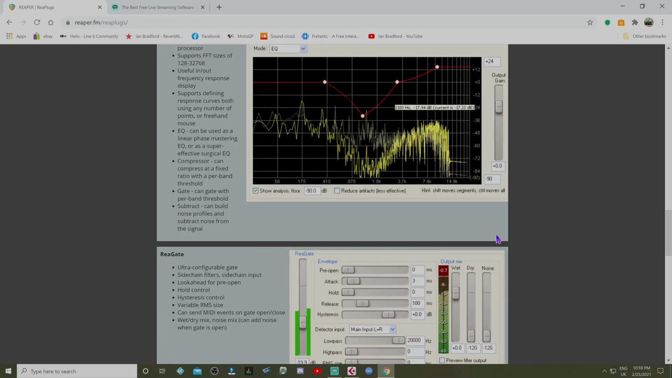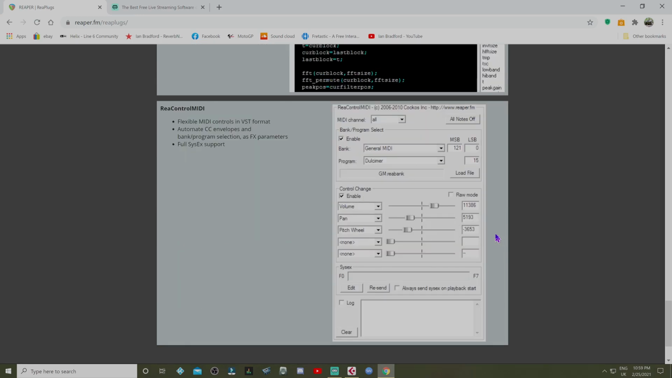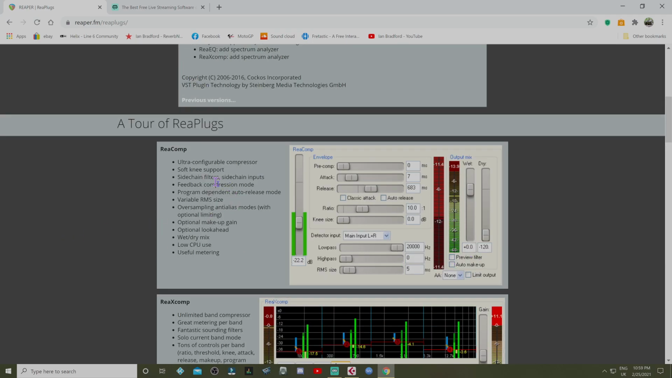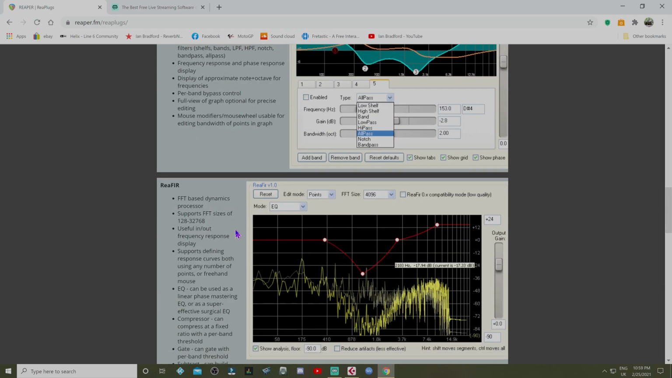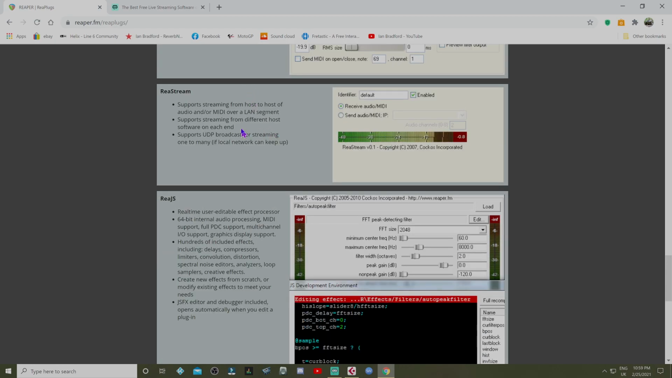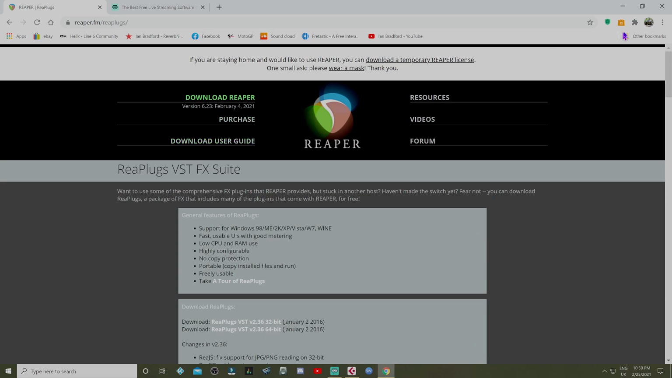And all we're really interested in is this. Where's it gone? ReaStream. Okay, I keep going past it. My mouse is set up for too many clicks, I think. So ReaStream, this one here, is the only one we're actually needing. So download the whole package, and when you've downloaded it, you need to install it into your